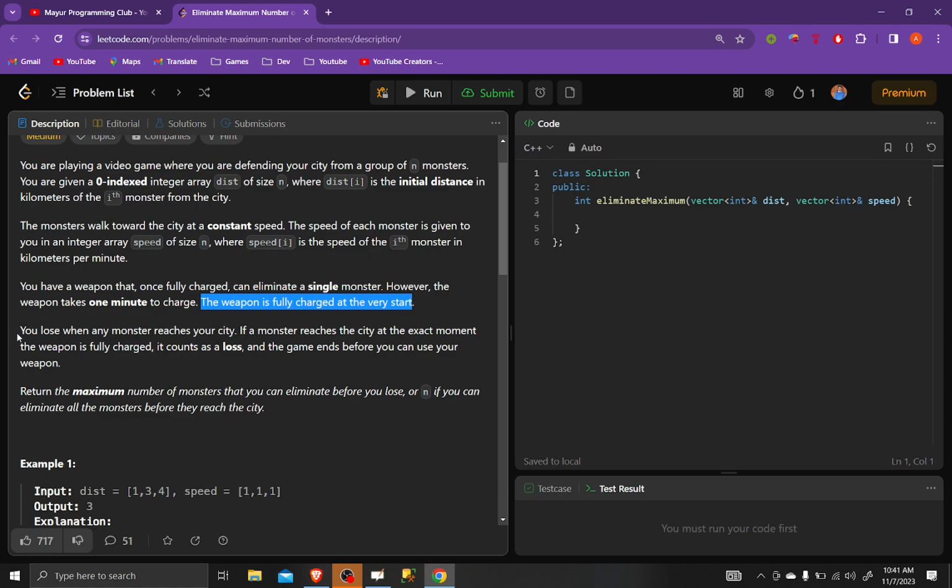And let's say a monster arrives while your weapon is charging and it has just reached full charge, then also you will lose the game. So it will count as a loss. If a monster reaches the city at the exact moment the weapon is fully charged, it will count as a loss. So you have to return the maximum number of monsters that you can eliminate before you lose,